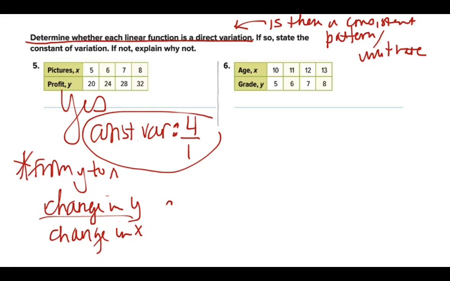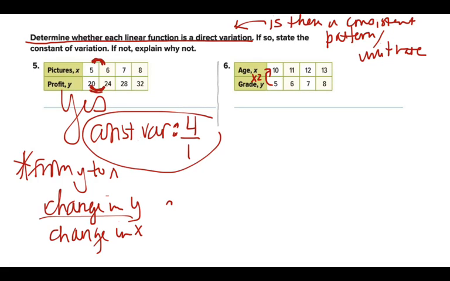4 over 1. Basically what's happening is 5 times 4 is 20. It's true. But if I also take a look at my x's and my y's, do you see how the difference between my y's is 4 and the difference between my x's is 1? 4 over 1. Okay? So it's another way to look at that. All right, so the next one, if we take a look here,